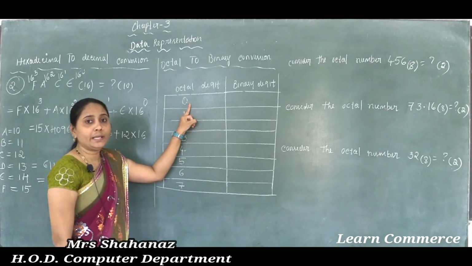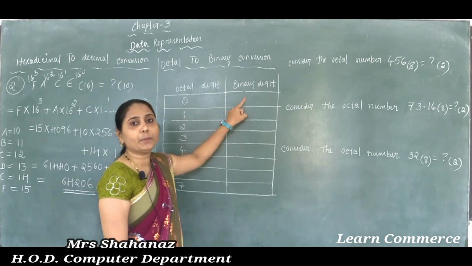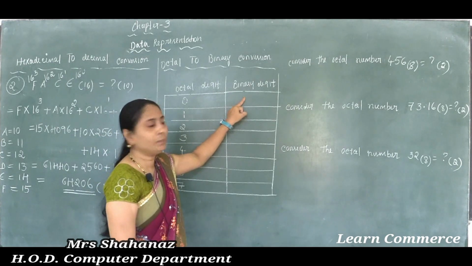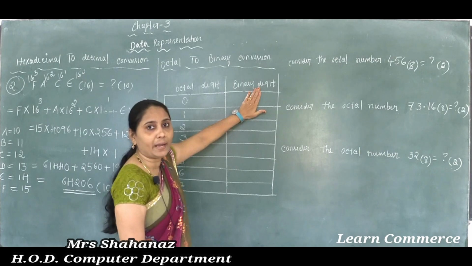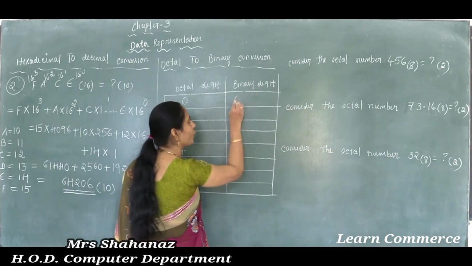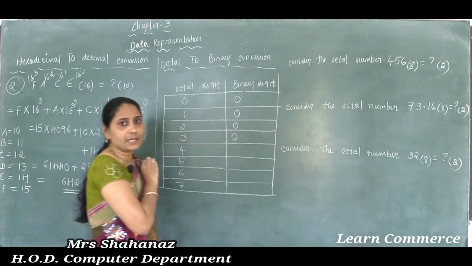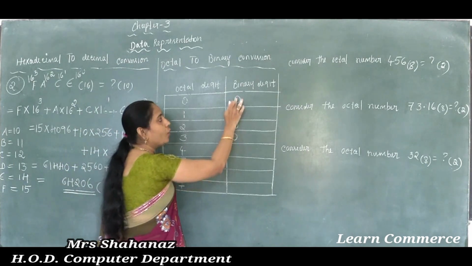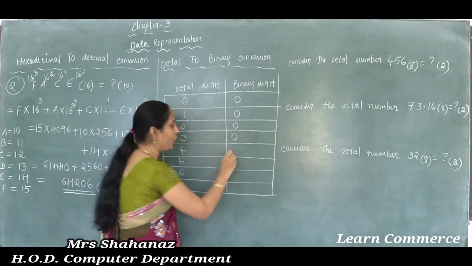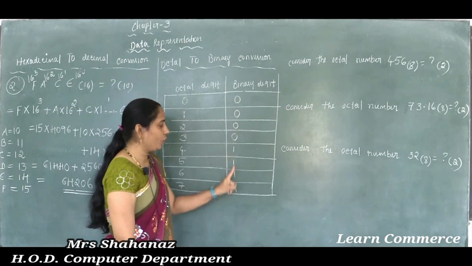Now replace each octal digit with the appropriate 3-bit binary number. I am changing the octal digit to a 3-bit binary number. Very easily I am going to tell how to complete this value, the 3-bit binary number. In the first column: 4 zeros, 4 ones. Clear this point here? 4 zeros, 4 ones.